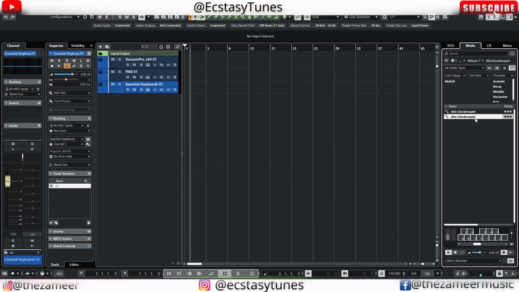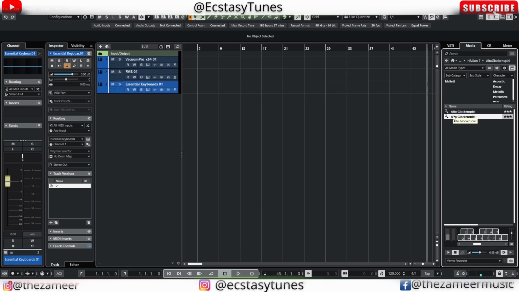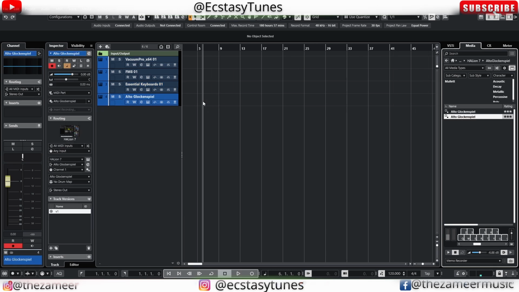Okay, you notice what's happening now is it's actually playing the thing that I just played. So I'm going to stop this. What happened just now is I played a tune on my keyboard when I was checking out this preset. Now that I've auditioned this sound and I like it, I can just drag and drop it to the project window, and now I can go ahead